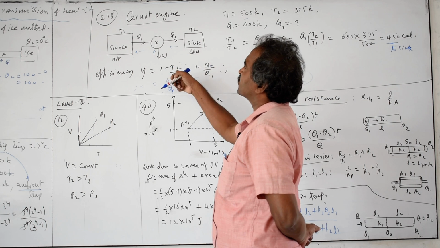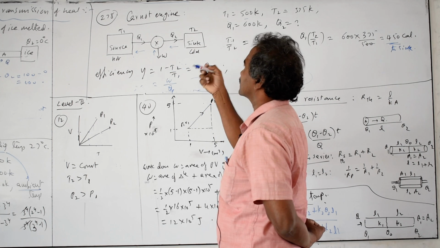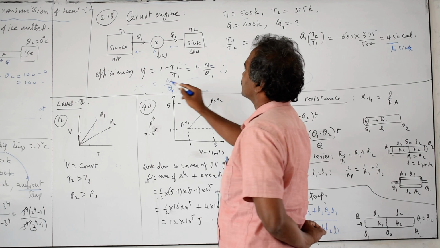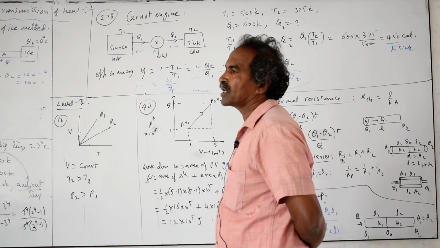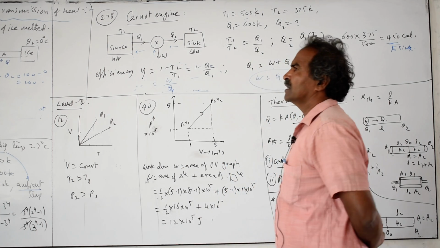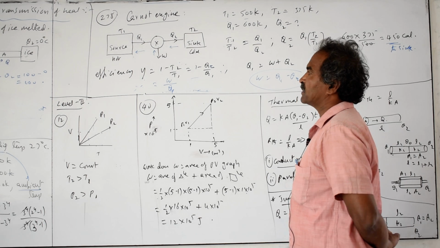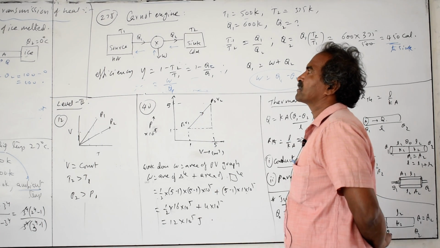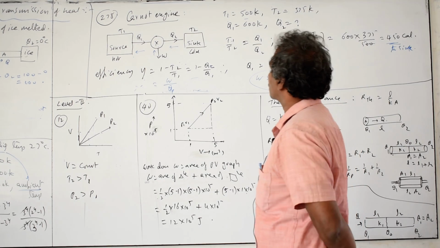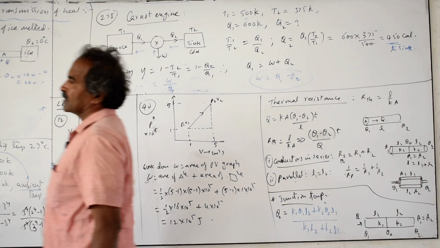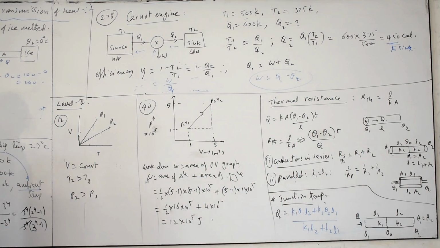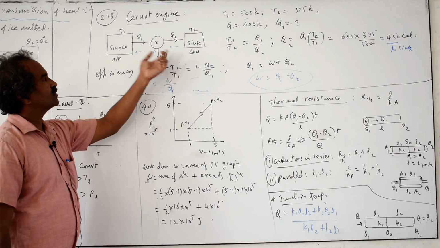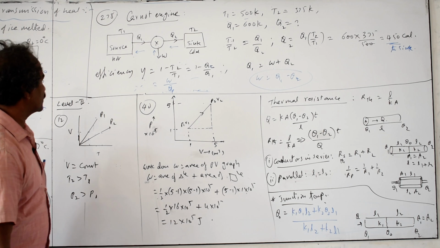For refrigerators, output by input is called the coefficient of performance. Beta is taken as the symbol, and eta is the symbol for efficiency. There is also an eta-beta relation. Just check that. Generally they don't ask refrigerator performance alone, but the relationship between refrigerator performance and eta they will ask. They will just go through the synopsis corresponding to that. Performance is also similar to efficiency: output by input. How much heat is taken out, Q2, is the output, and input is the work done. You have to take the reverse relations.